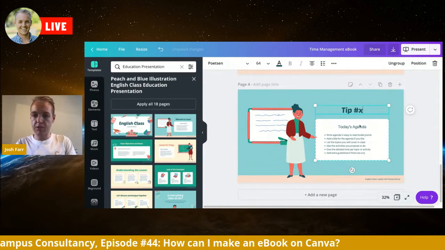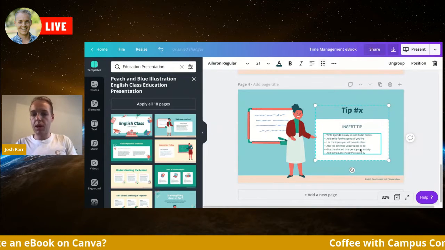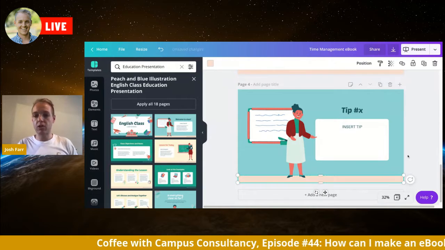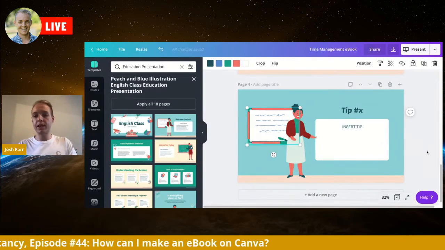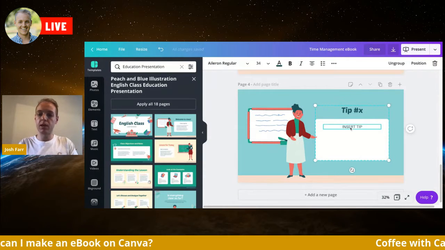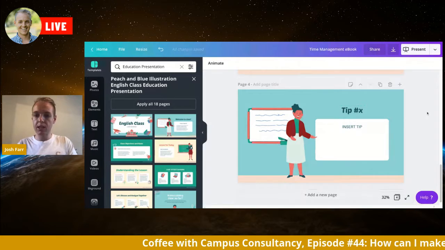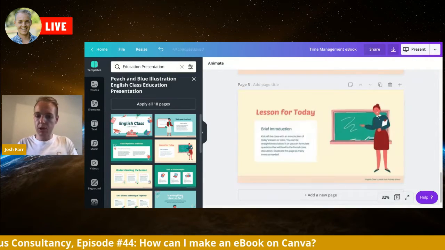So I'll just leave that there for a second. This I'll make insert tip. And I probably don't need this 3rd level of text. So if it's a PowerPoint, you might want that little extra layer. But for me, I know that seeing as this is going to be shared primarily on LinkedIn, I want the text to be relatively big. So that's sitting there, and I might even increase the size of that text. That'll work really well. The reason I leave that blank is I'll then pivot it with this guy,